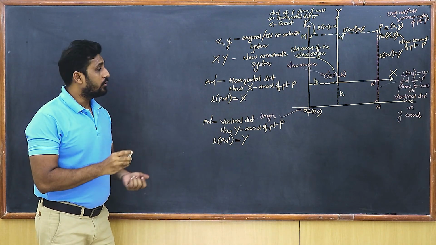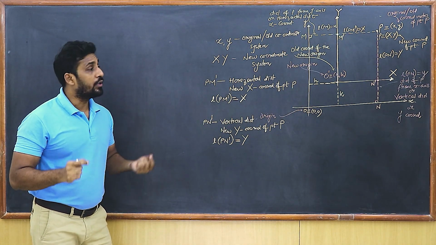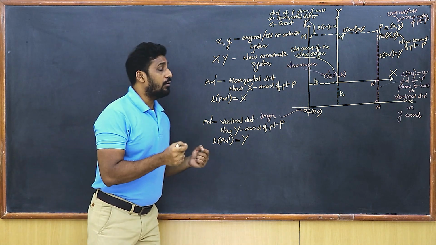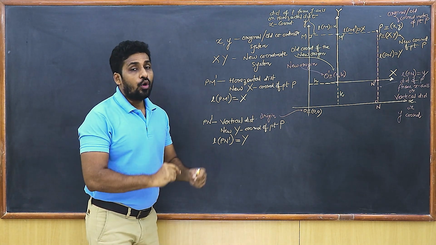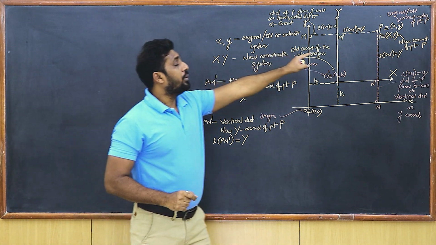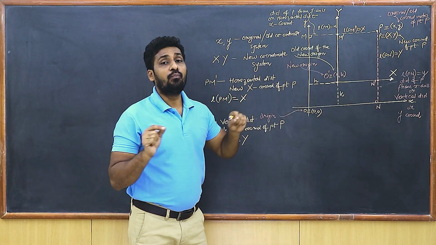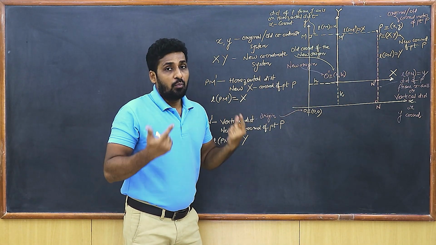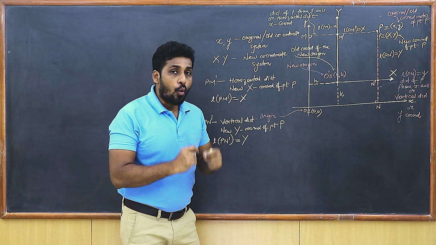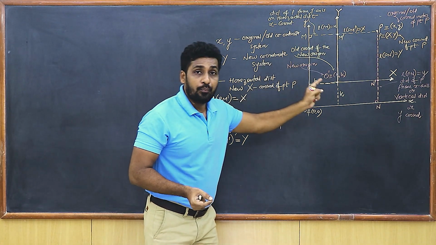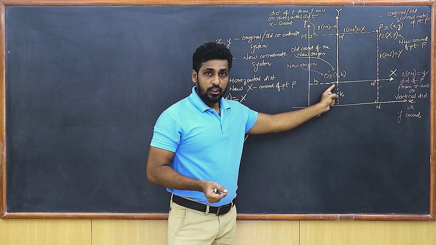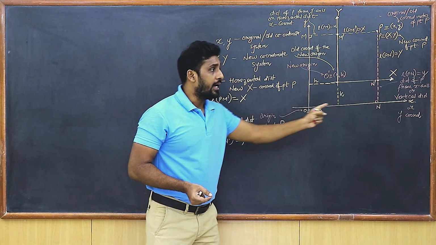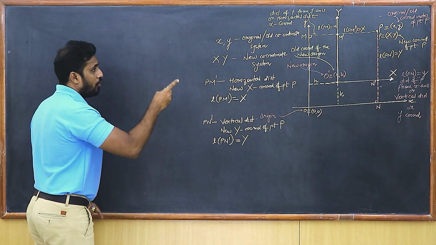Now students, observe the diagram very carefully because now we are going to develop the formula. We are going to develop the relation between the old and the new coordinates. The point P is the same point, isn't it? I have simply found its old and the new coordinates, but it is one and the same point. So there must be some relation between the old and the new coordinates of the point P with respect to the shifted origin whose coordinates are h, k. So now I can say from the diagram,